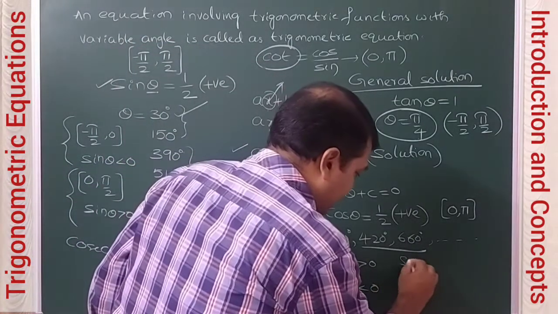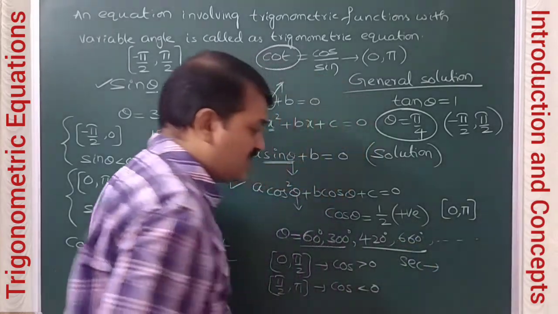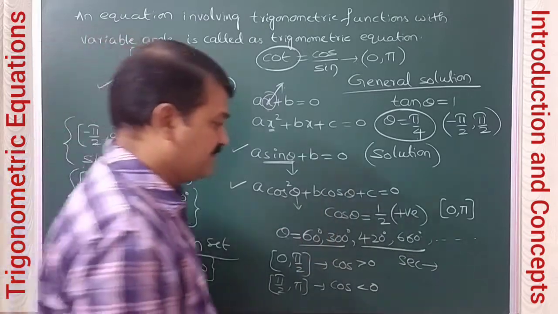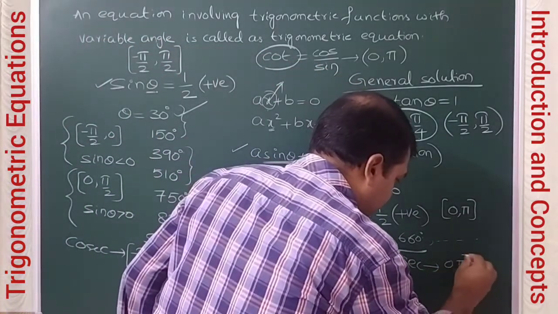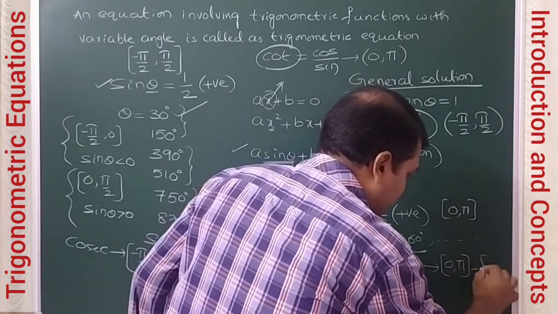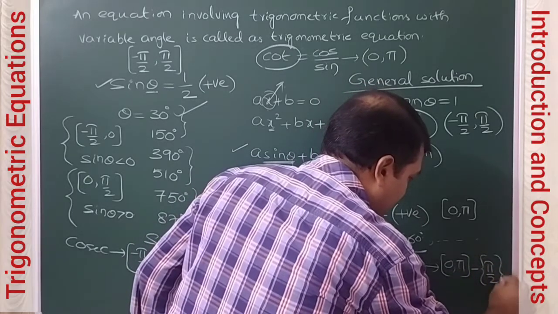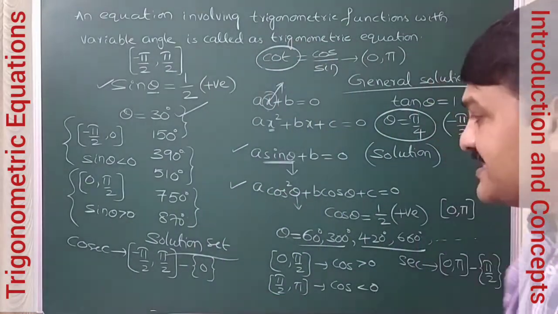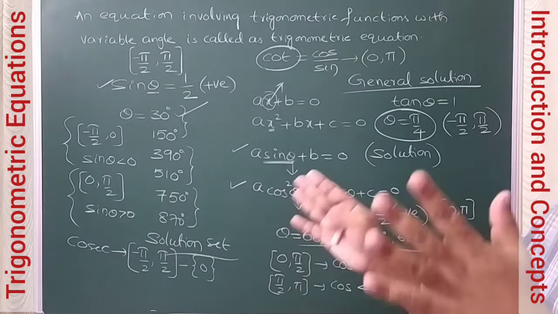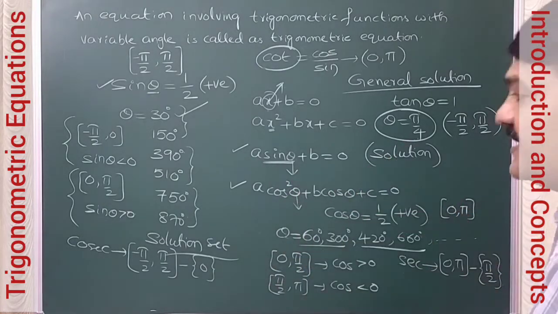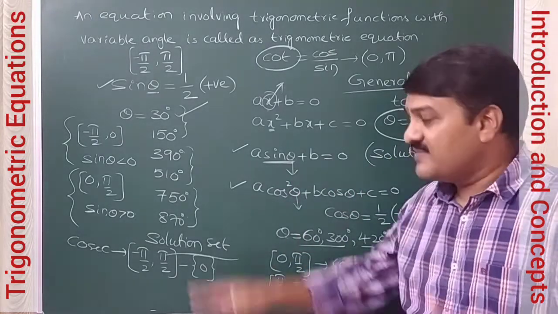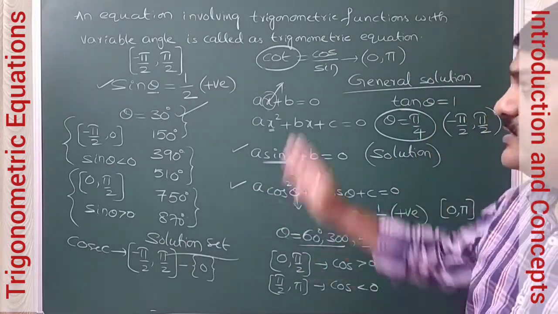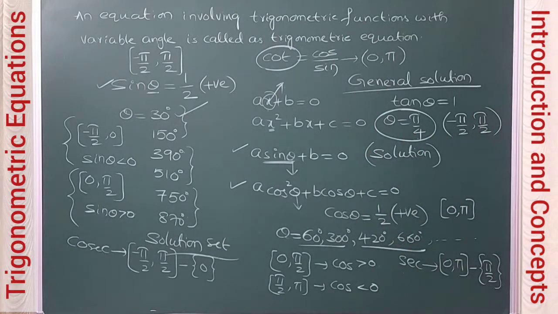Now when we take the secant function, the principal solution interval for secant is same as its reciprocal function cos. That means 0 to pi only, but except pi by 2, because at pi by 2 the secant function is not defined. So these are the intervals for principal solutions that we have to remember. In these particular intervals, the values of that particular function will be unique, meaning they will not repeat. These principal solution intervals we have to remember.